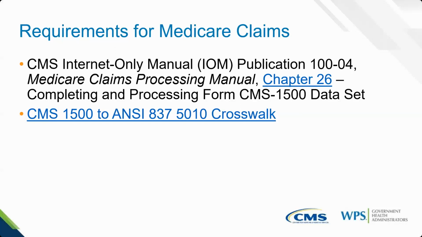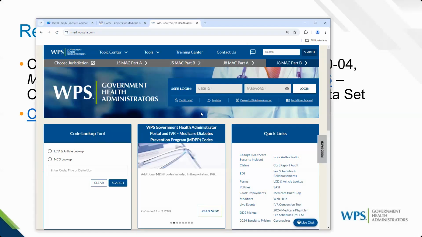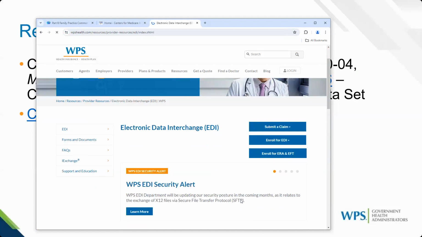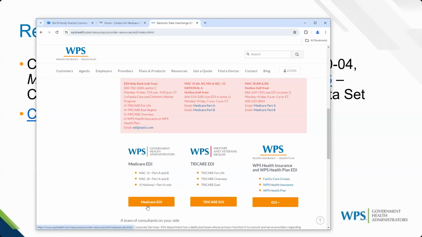So here is our website, and to get to that crosswalk, you can actually use the embedded link on your handout. But if you're on our website and you need EDI information, look on the home page under Quick Links and choose EDI. It will open the Electronic Data Interchange website. And we have, of course, Medicare, TRICARE, and our commercial line of insurance at WPS. But what we're talking about today is Medicare, so I want to open the Medicare